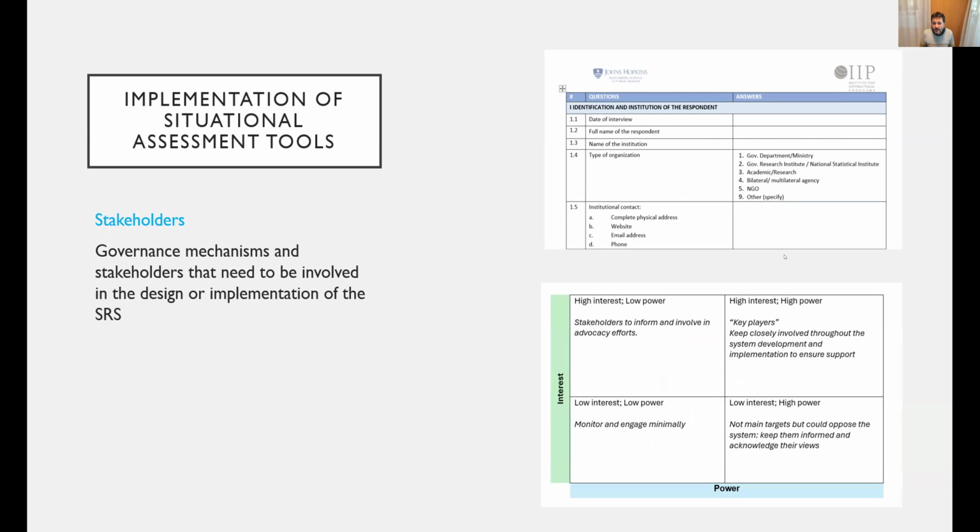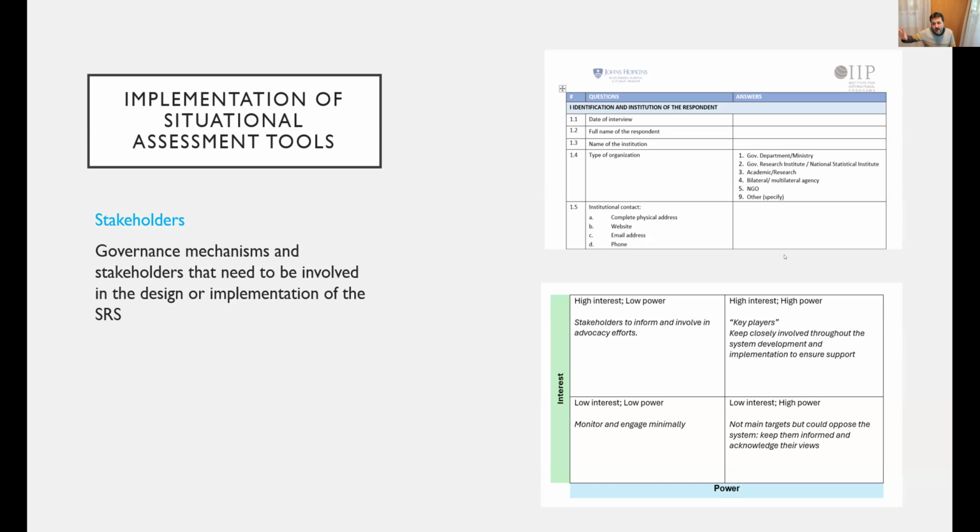So we think it would be useful to know what governance mechanisms exist, and who should be involved at which stage of the planning or implementation of the SRS. This governance and stakeholder analysis, we think, is super important to bring everyone on board so that the SRS is not only financially sustainable, but also accepted and the statistics are used at the end.